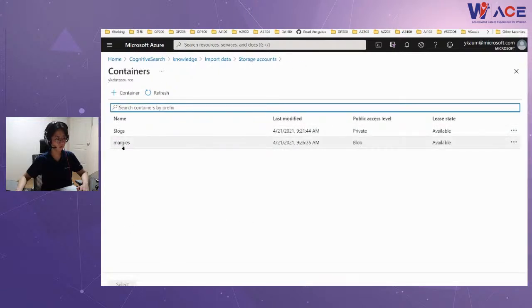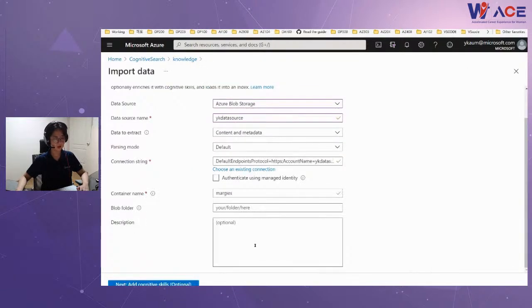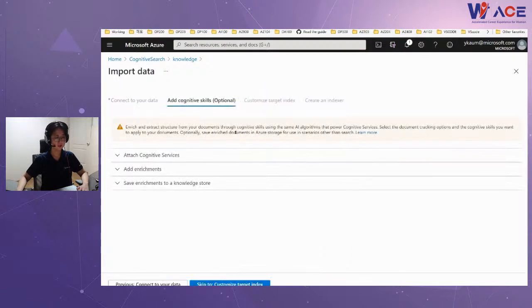This is YK data source and the Margis container, and that's it. Then click next. Then Azure Cognitive Search tries to connect to the blob storage and extract basic information, the contents and metadata.